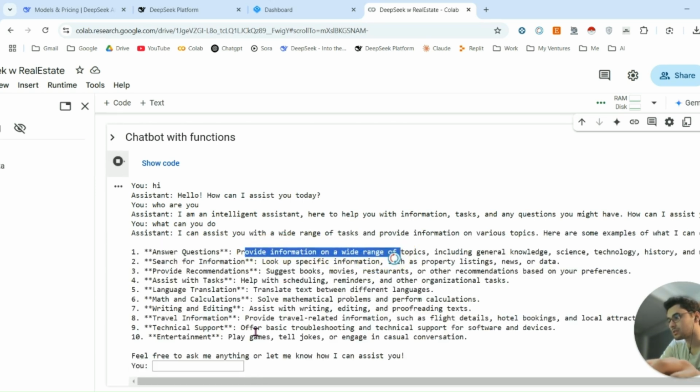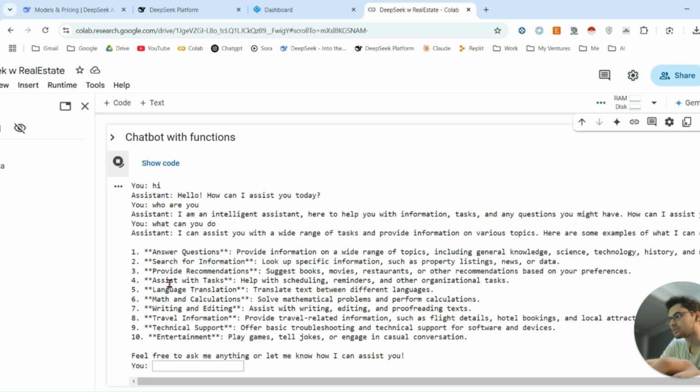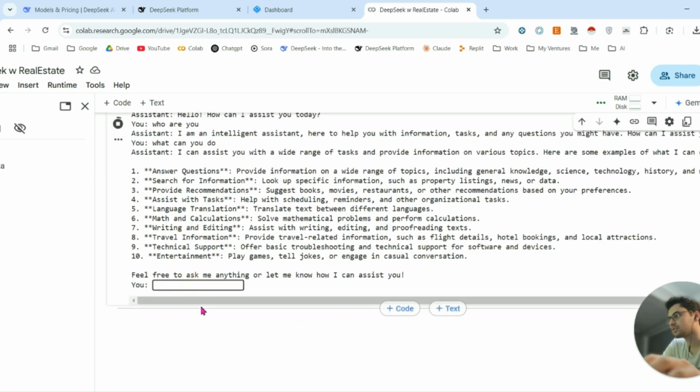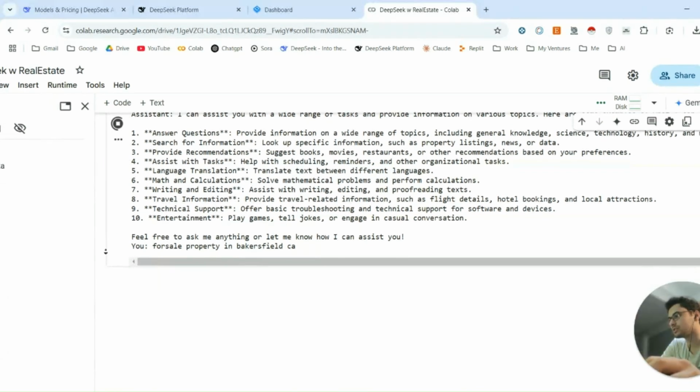Provide information right into topic incident. She's just giving me general answers right now, but let me just show you guys. For sale property in Bakersfield. Okay, Bakersfield, California. So that input is gonna trigger the function for the